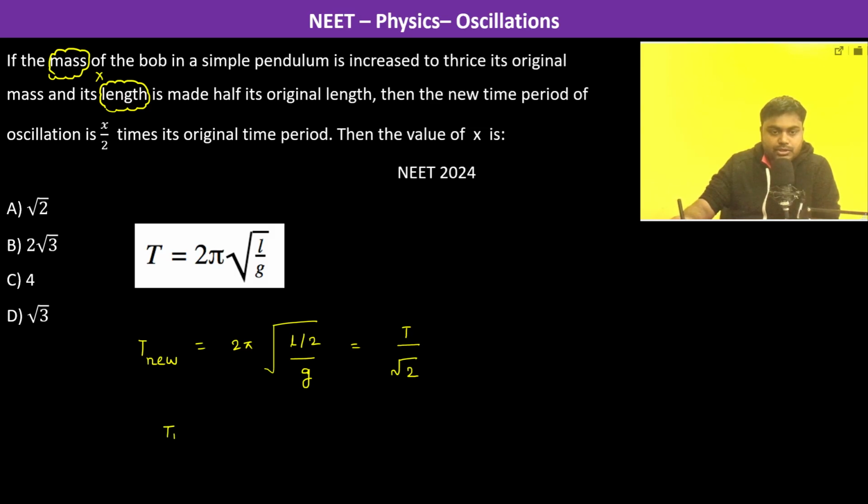So T new is T by root 2, so it's 1 by root 2 times its original time period. So 1 by root 2 is x by 2, and therefore x becomes root 2. So therefore the answer is